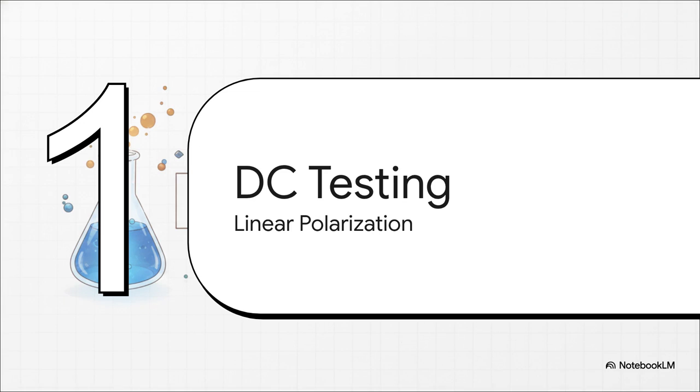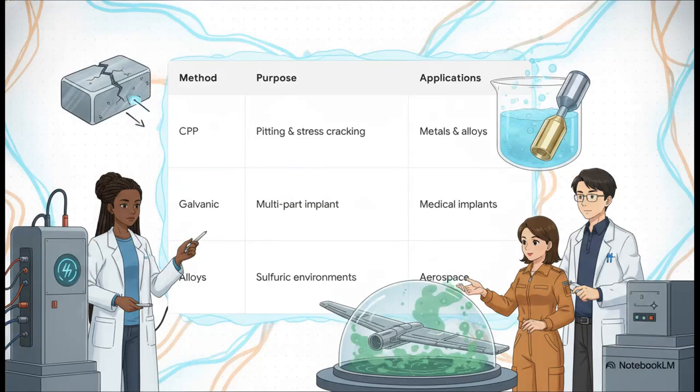Moving right along to Section 2, Direct Current or DC Testing, looking specifically at linear polarization and Tafel analysis. This is where we use direct current methods to actively push the metal away from its equilibrium just to see how it fights back. Industrial labs rely heavily on standardized DC tests to simulate years of exposure in just a